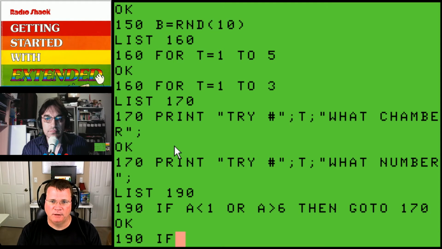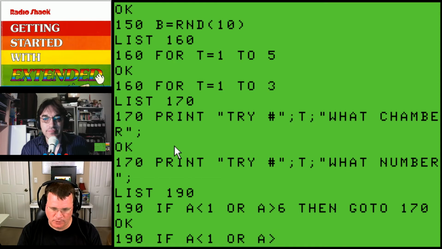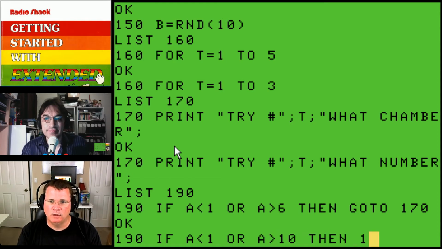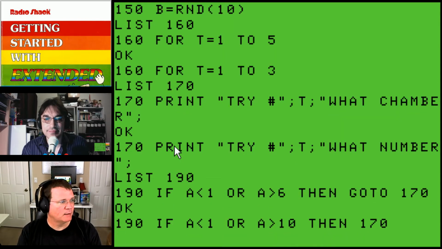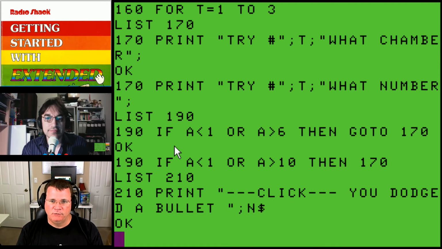Okay, line 190 is the next one we need to change. So 190 will say if A is less than 1 or A is greater than 10, then 170. Okay, we're going to go back. Okay, line 210 needs to be changed. Line 210, instead of saying click, you dodged a bullet, we're going to now say